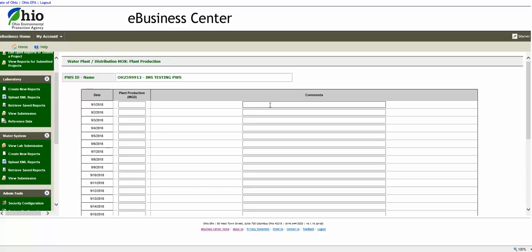This plant production section has space to report your plant production for every day of the month, but it also has comments for each day of the month. So you'll select, for the minimum staffing, you'll come over here to the comments.